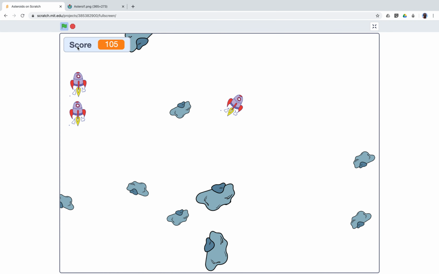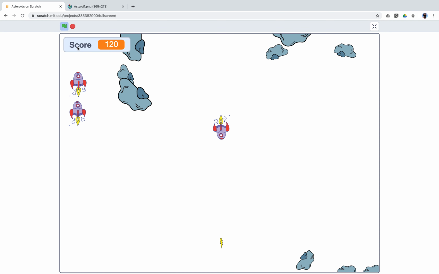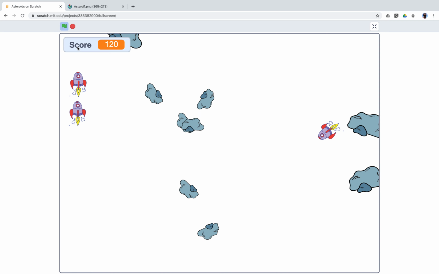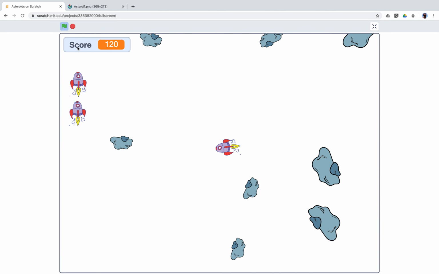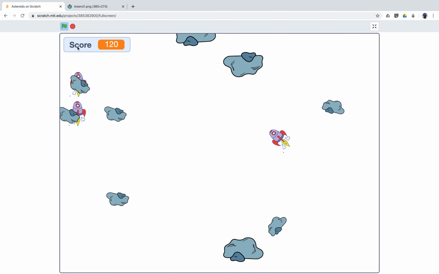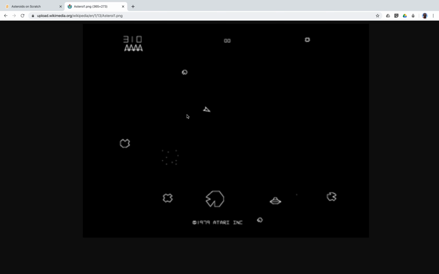Hello, this is part 10 of a tutorial series on how to code the Asteroids game using Scratch. And what I'd like to focus on in this video is doing something rather more interesting with the graphics so that it doesn't look quite so cartoon-like. And actually what I'd really like to do is give it a kind of retro look